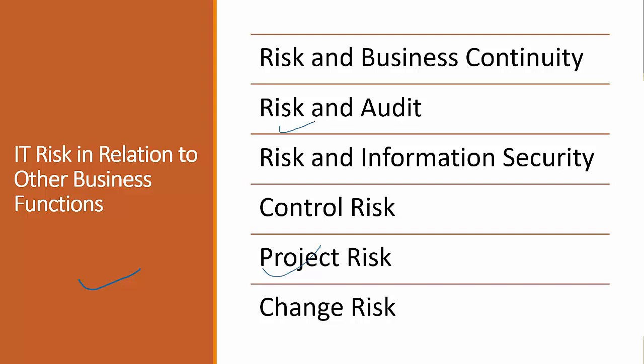Then we have change risk. Risk is not static, so changes in the technology, regulation, business process, functionality, architecture, users and other variables that affect the business and technical environment of the organization may affect the level of risk associated with the system in operation. So the risk practitioner is basically tasked with managing risk on a continuous basis, which means he or she must stay aware of emerging risk that may be associated with new threats. According to that, we can plan the controls.